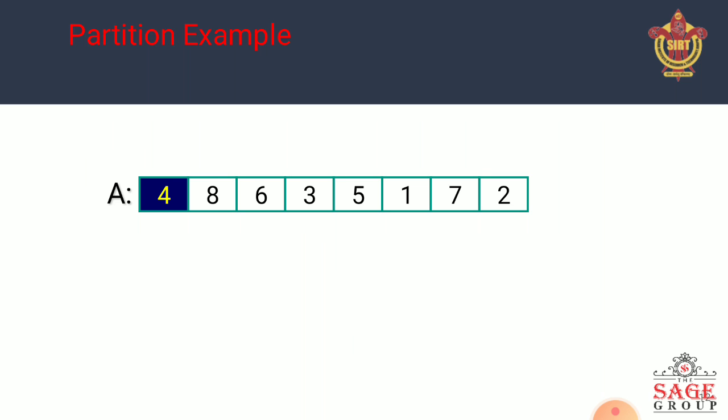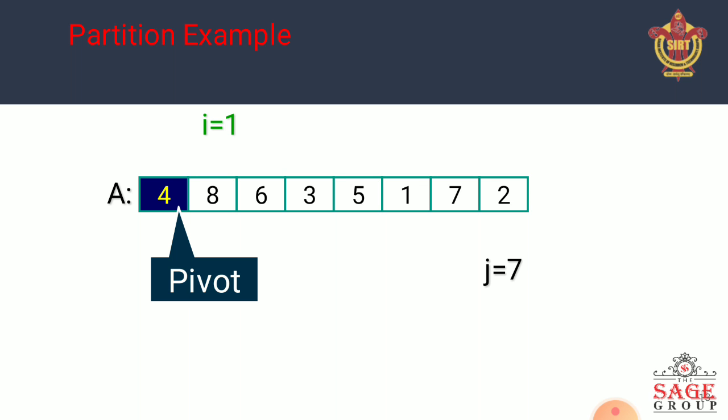Now we have to use an example which represents the partition, and how we divide our list into two subparts, or how we apply the divide approach here. Firstly we treat the first element as the pivot. Here 4 is the pivot. In the algorithm we also use two index values, i and j. i represents the first position, and j represents the last location of our given array.